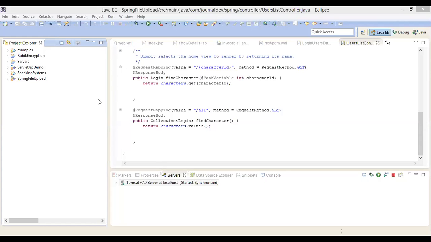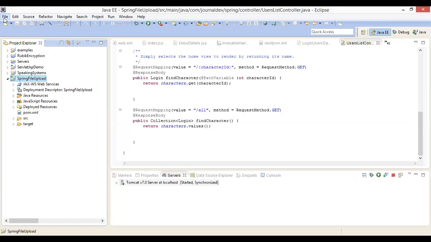In this Eclipse framework, see, I've created a Spring framework application called Spring File Upload. Okay, don't worry about the name of that. In this, my present aim is to show you how a web service works and how it displays something on the browser in a particular universal data format called JSON, JavaScript Object Notation, using the Jackson parser as the RESTful API.